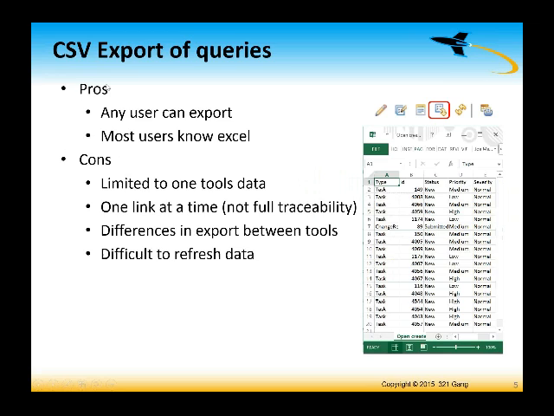In addition to that, a lot of customers actually used CSV exports. They would export a couple of different queries from RTC, maybe export a couple of things from Doors Next Generation or from RQM, and then in Excel, after pulling all these different CSV files together, use that to create a traceability report. It was very manual, very error prone, and frankly running Excel macros to do a bunch of mapping and traceability queries was difficult. So the pros are any user can export; anyone who can run a query can export it to CSV,